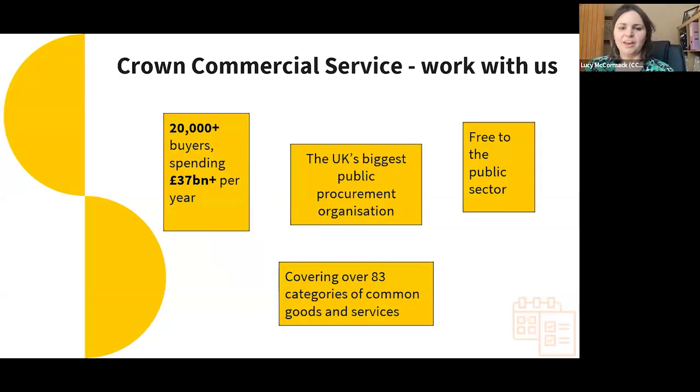Thank you. So some of you may be sitting there thinking, oh, this is all really interesting, but who are Crown Commercial Service? And perhaps I should have introduced this slide slightly higher up in the presentation. So we are an executive agency of the Cabinet Office, and we provide commercial agreements. So commercial agreements encompass a number of different things. They can be frameworks, they can be open frameworks, dynamic purchasing systems, and dynamic markets for UK public sector organisations